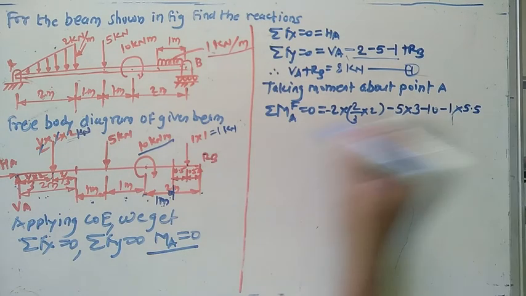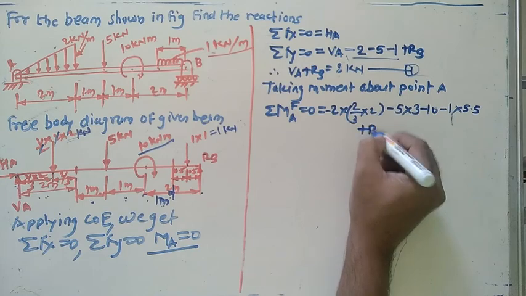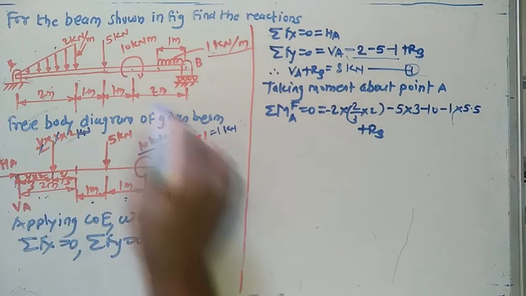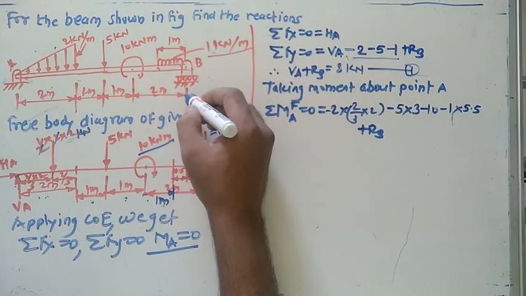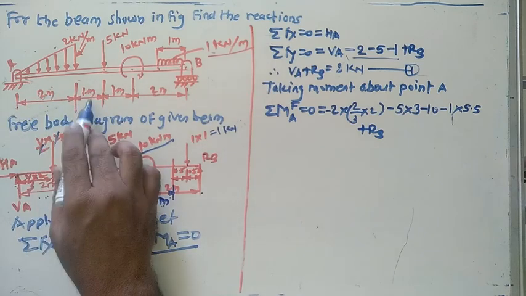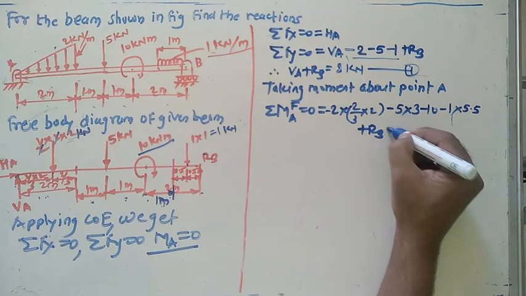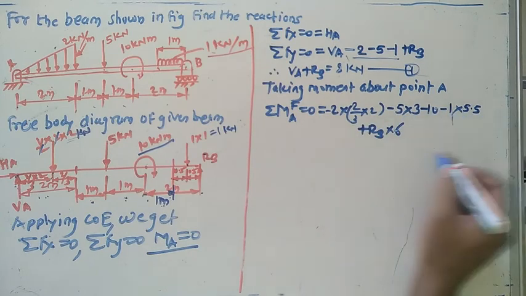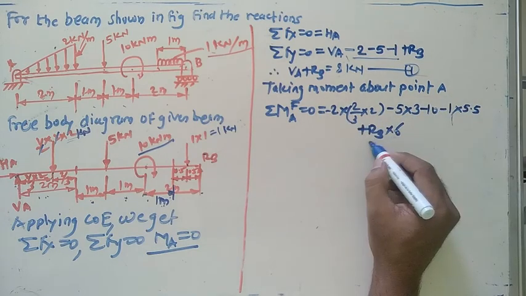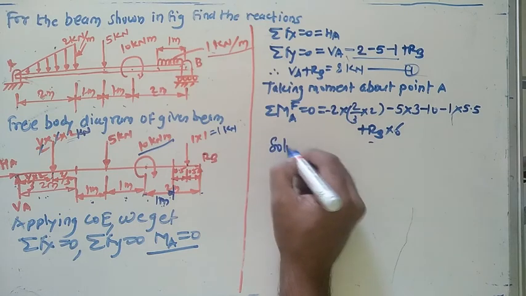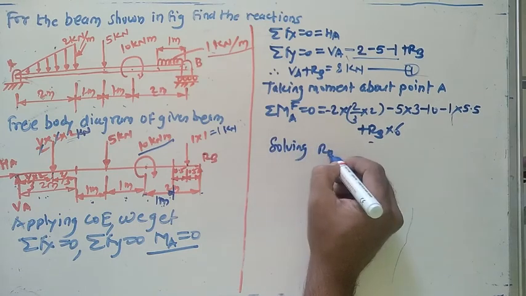That means here 5.5. What about this RB? RB turns about this point in the anti-clockwise direction. See the distance of this RB with respect to this one: 4 plus 1 plus 1 plus 2. So how much? We get 6. If you look at this equation, only a single unknown is here. So solving this equation, what do we get? Solving, we get RB equals to